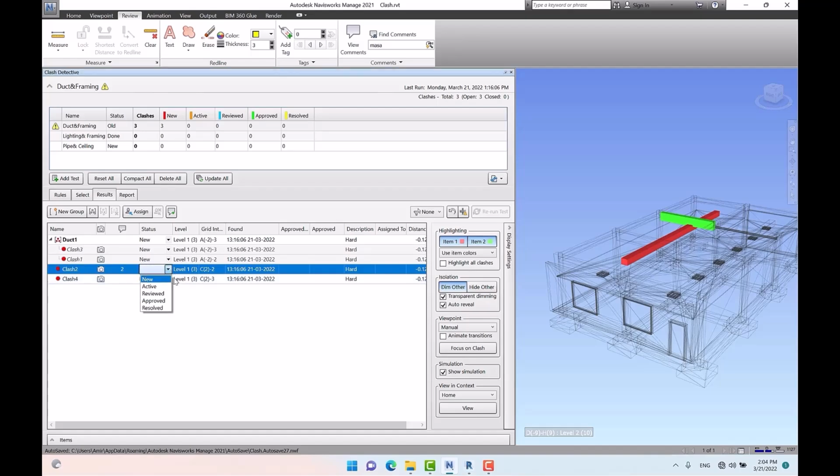The first one is new. It means that a clash found for the first time in the current run of the test. Active means that a clash found in a previous run of the test and not resolved. Reviewed means that a clash previously found and marked by someone as reviewed. It is used for some time that you have reviewed the clash and you have marked it since that was not